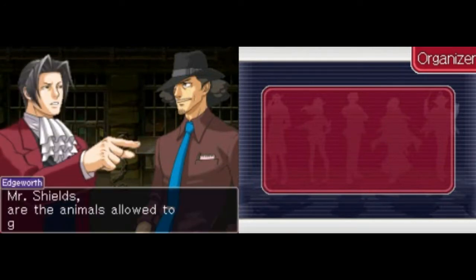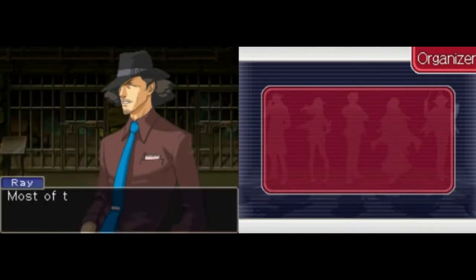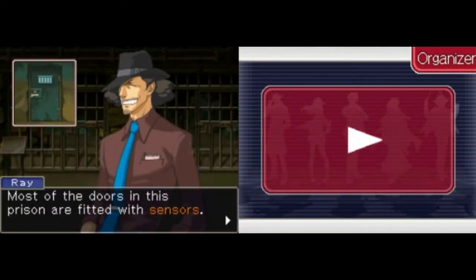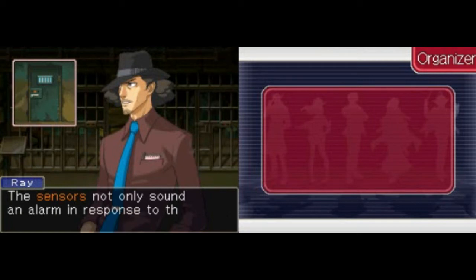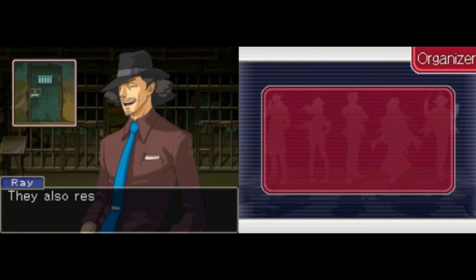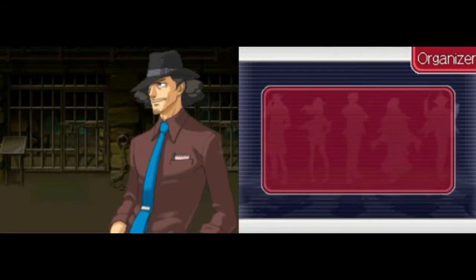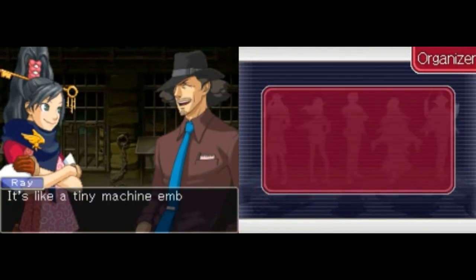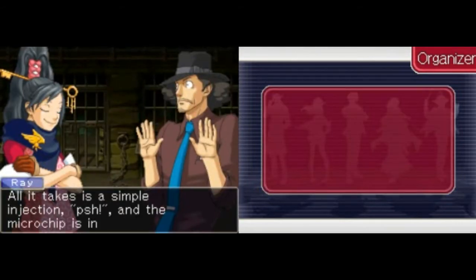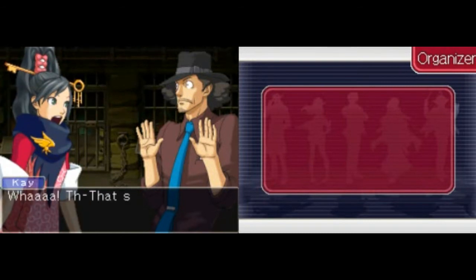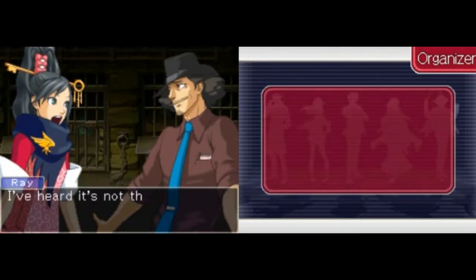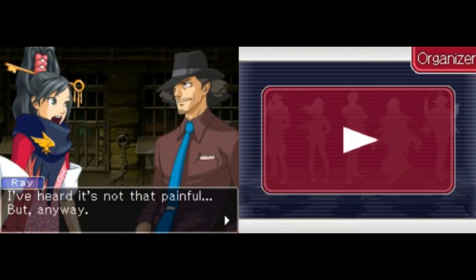Mr. Shields, are the animals allowed to go wherever they please? Most of the doors in the prison are fitted with sensors. The sensors not only sound an alarm in response to the prisoners' bracelets, they also respond to the animal microchip and open the door for them. Microchip? It seems like a tiny machine embedded under the animal's skin. All it takes is a simple injection, and the microchip is inserted. What? That sounds painful. I heard that it's not that painful, but anyway,